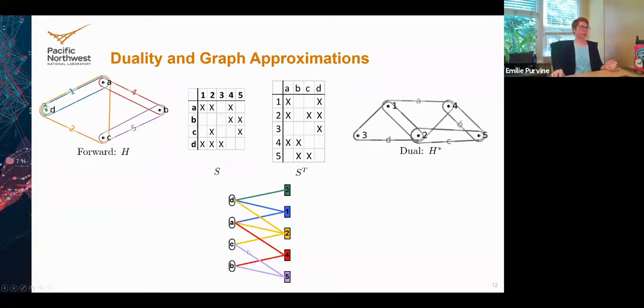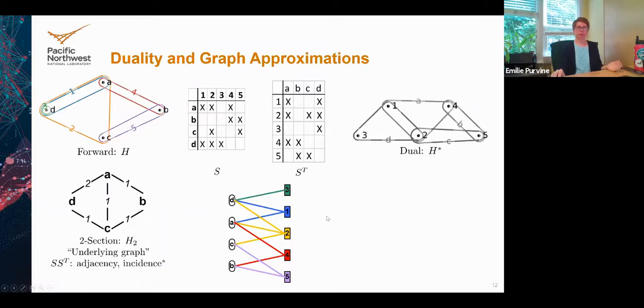You can kind of see this from the bipartite graph. If you just switch the two roles, you get a different hypergraph, right? In a graph, every graph has a dual, yes, but the dual of a graph is almost always a hypergraph. And so we don't typically talk about the dual of a graph, whereas in a hypergraph, they're both hypergraphs. And so it doesn't always make sense to talk about one or the other, but to think about a hypergraph and its dual as almost the same object.